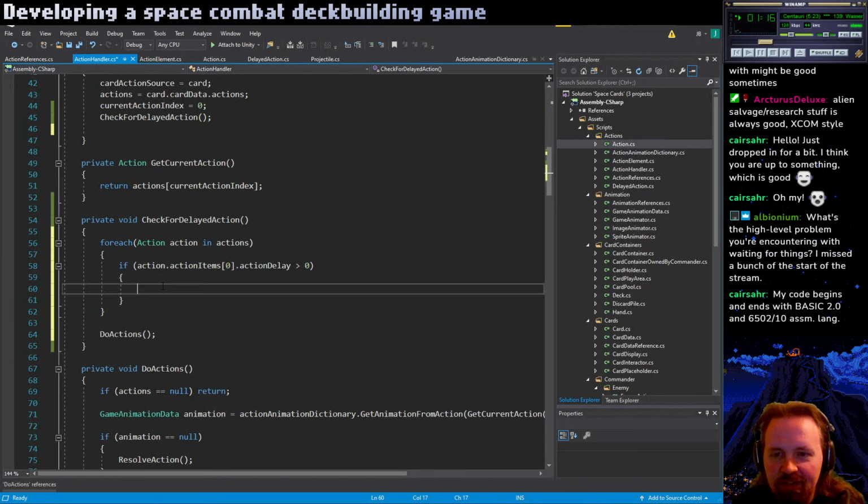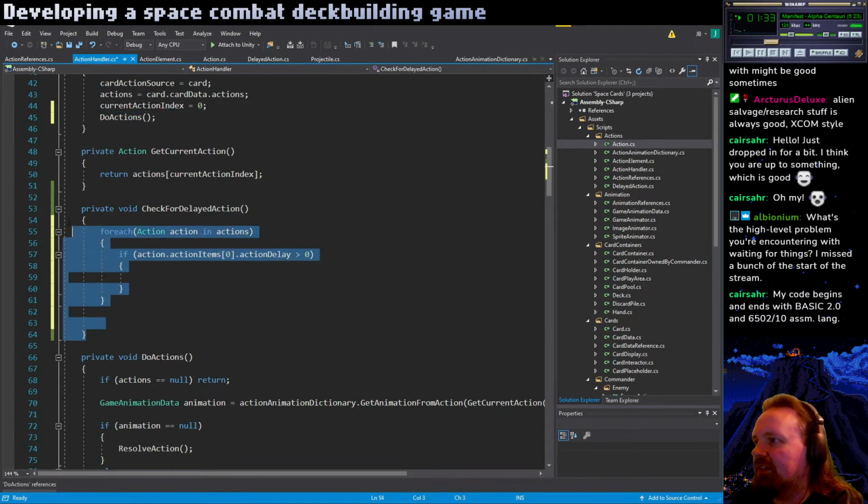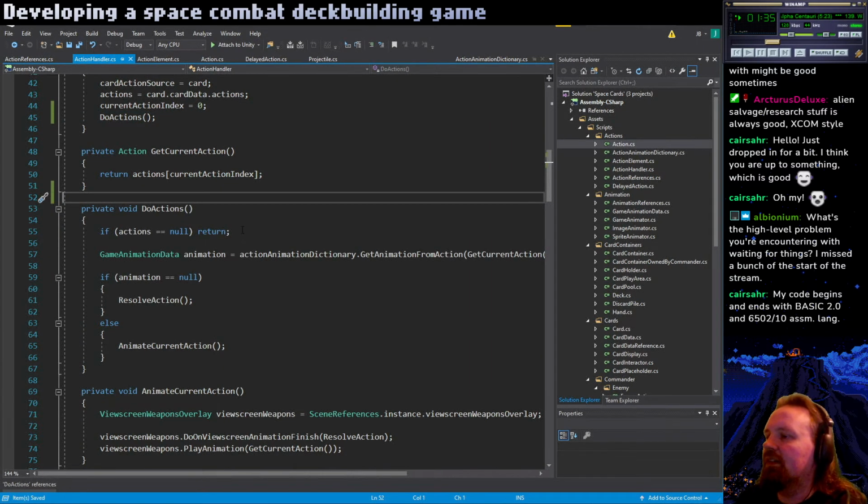Oh my goodness. What's the high level problem you're encountering with waiting for things? I missed a bunch at the start of the stream. Okay, so I'll try to explain the problem here. So the way I'm going to restore it to the way it was for one. Get rid of this. Okay, so